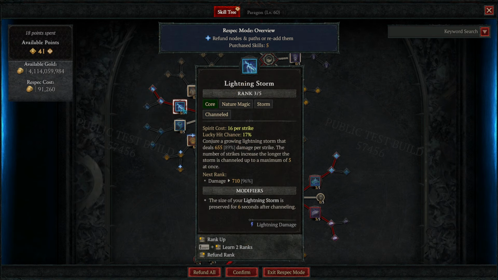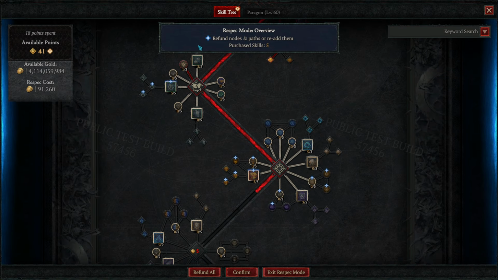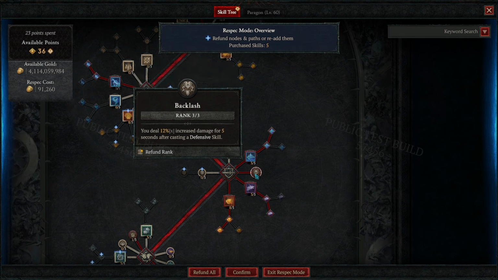Then round back and put 4 more points into Lightning Storm to max it out to its full 5 ranks for the damage increase this gives us for big pack clearing AoE. Then you want to put the full 3 ranks into the Backlash passive for bonus damage after casting a defensive skill, and between the 3 of these defensive skills that we have unlocked and on our bar, you can keep